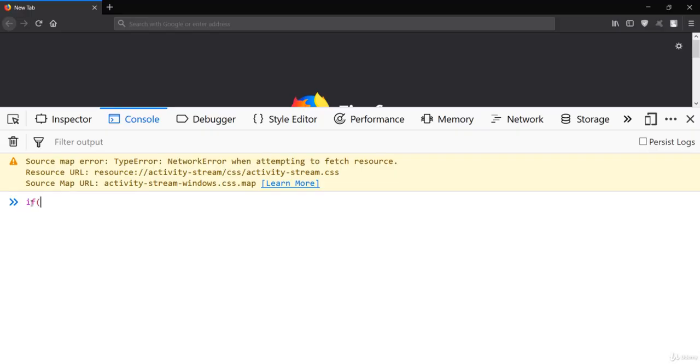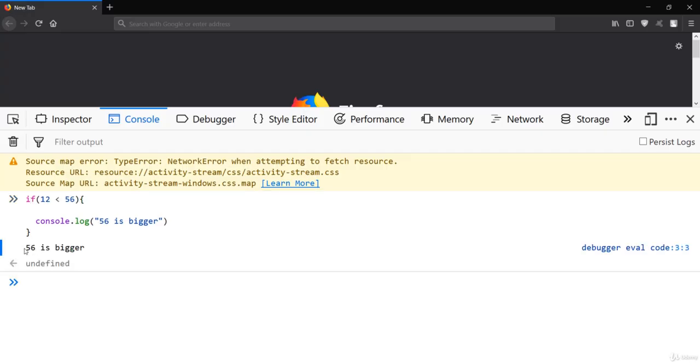Let me say if 12 is lesser than 56, which is obviously true. We are not using a colon here, that is Python, not JavaScript. I'll write console.log, which is basically the print statement in JavaScript, and print "56 is bigger", which is obviously true.